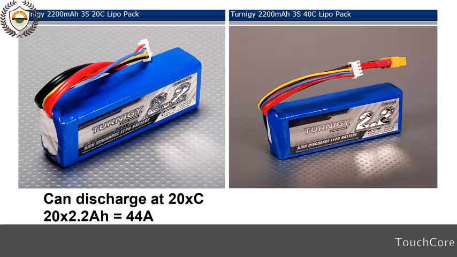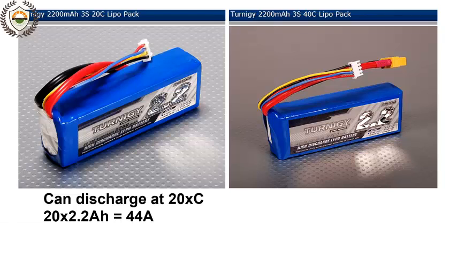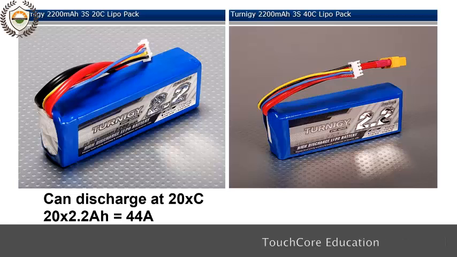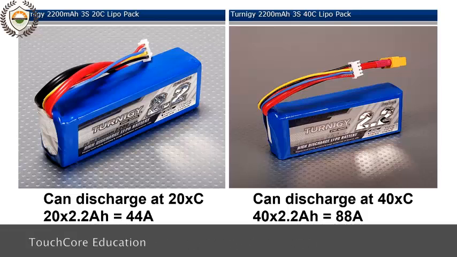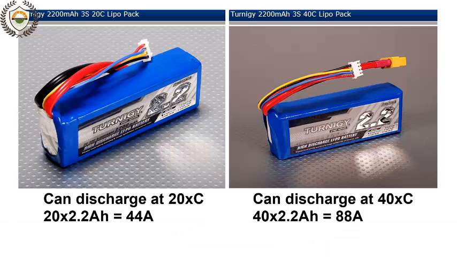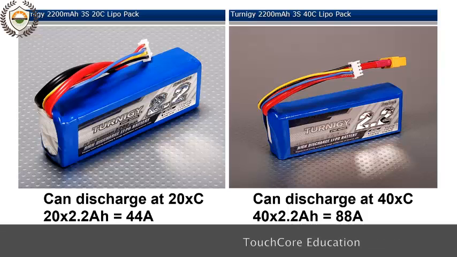The C refers to the battery's capacity in amp hours. So this 20C battery can deliver 20 times C, or 20 times 2.2 amp hours. So this battery can safely deliver up to 44 amps. And this 40C battery can safely deliver 88 amps. Now, are you confused? Because you should be. Remember that amps and amp hours are completely different units. C ratings are confusing because they screw up the units. You multiply the amp hour capacity by the C rating, and then you pretend the result